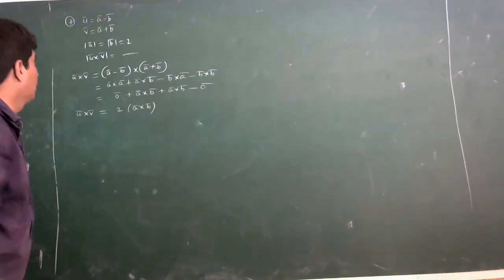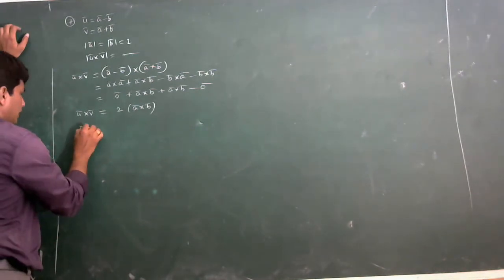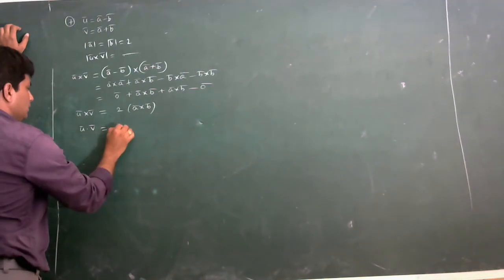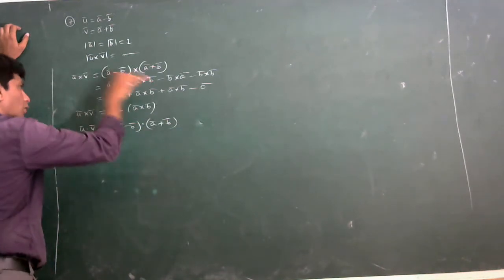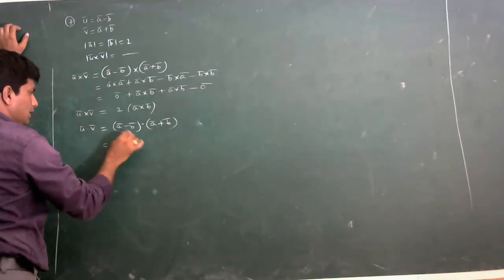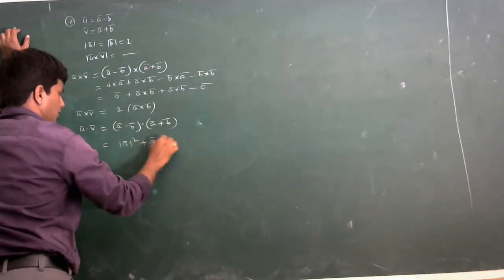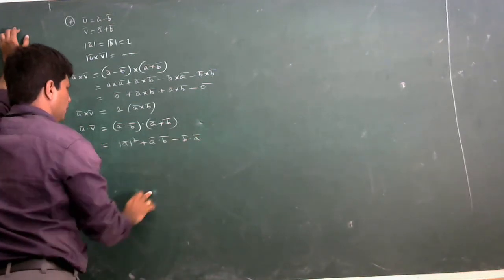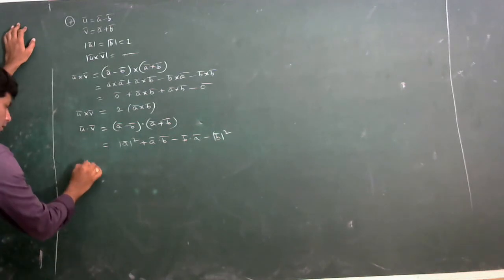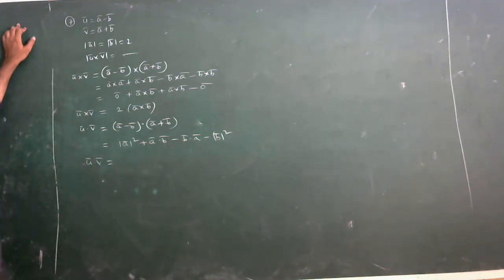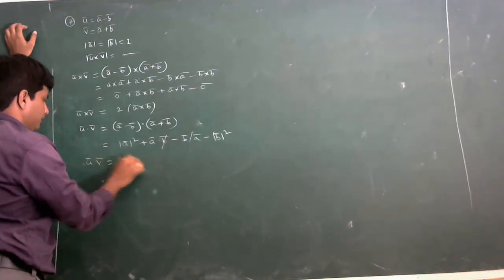Understood? Now moreover, I am doing u bar dot v bar. So this is (a bar minus b bar) dot (a bar plus b bar). Again you can apply the distributive property for both dot and cross. A bar dot a bar, directly this is mod a square. This is a bar dot b bar minus b bar dot a bar, minus mod b square. Now a dot b equals b dot a gets cancelled. What is mod a given? 2 square, 4 minus 4, 0.